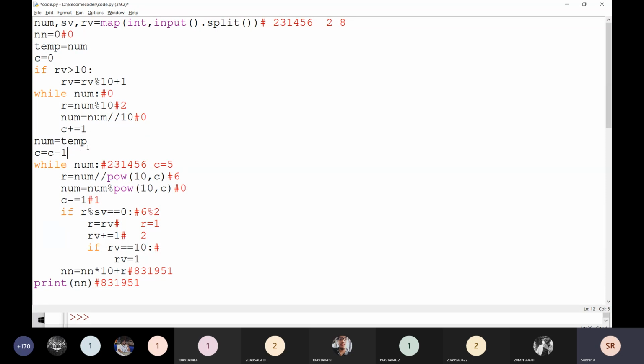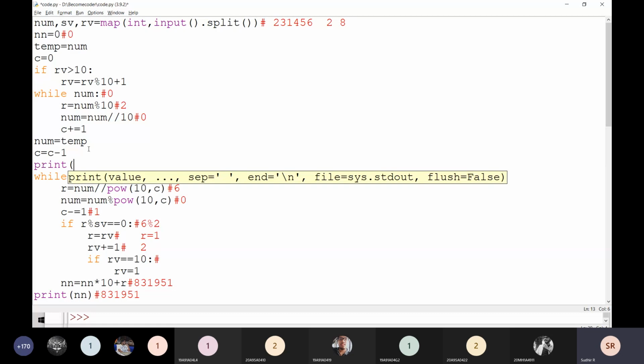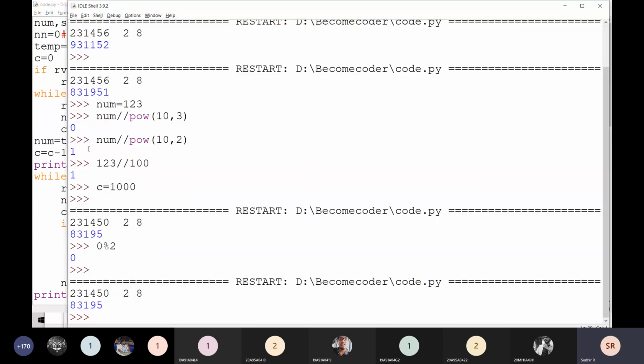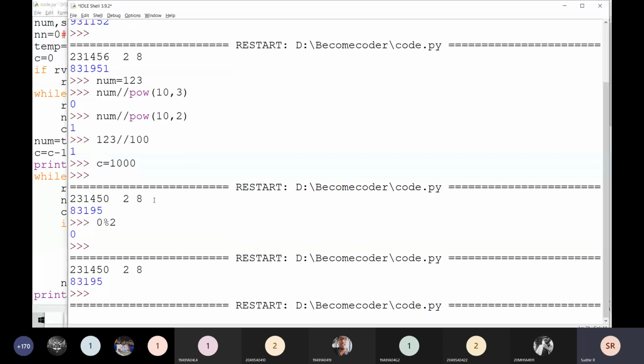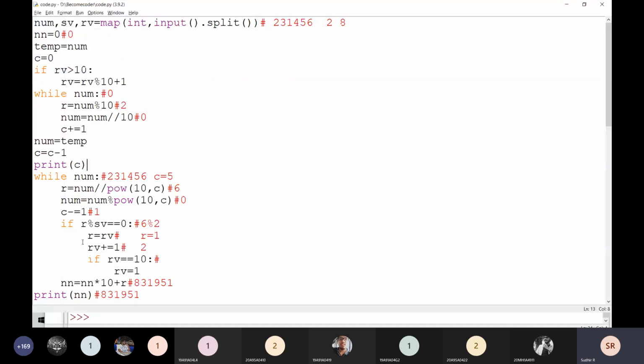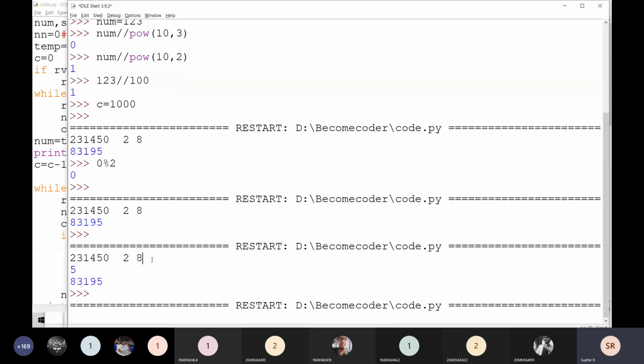For example, I am going to find here how many digits it is going to be. The number is going to be like this. It is going to be 6 digits: 1, 2, 3, 4, 5, 6 digits are there. After that, just a minute. That means it is going to be giving exactly or not.